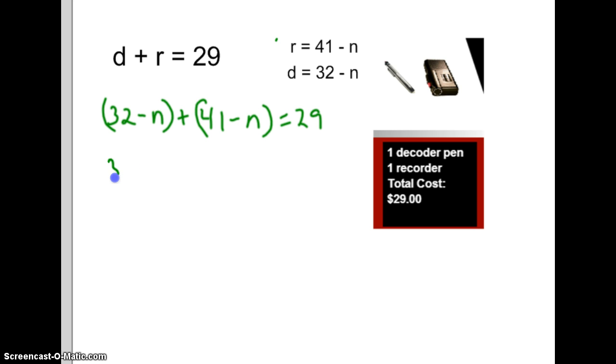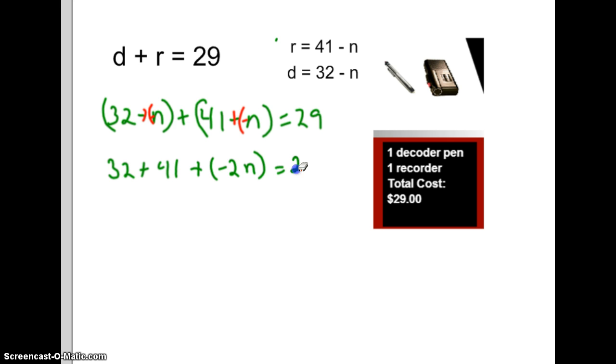If we add 32 plus 41, and if we take combining the like terms of negative N and a negative N, which would be plus a negative 2N,